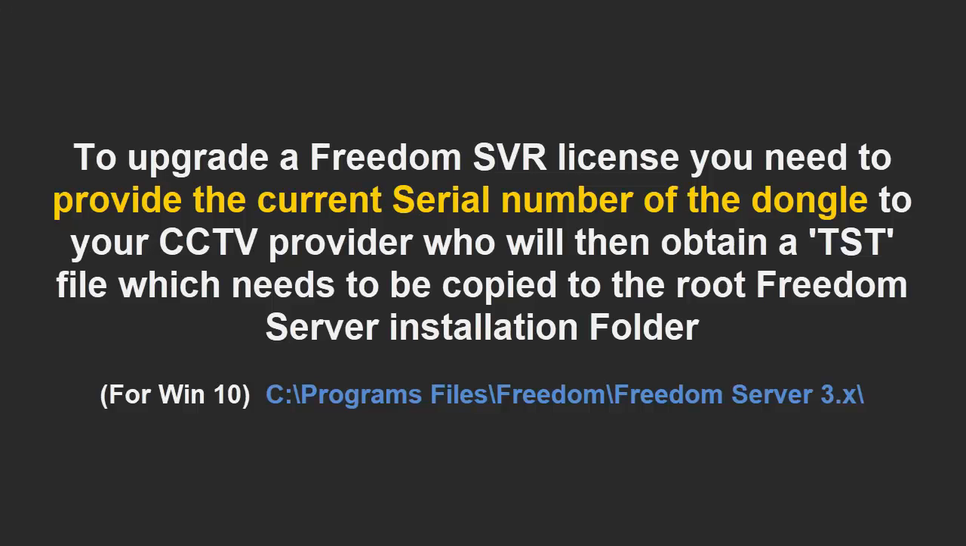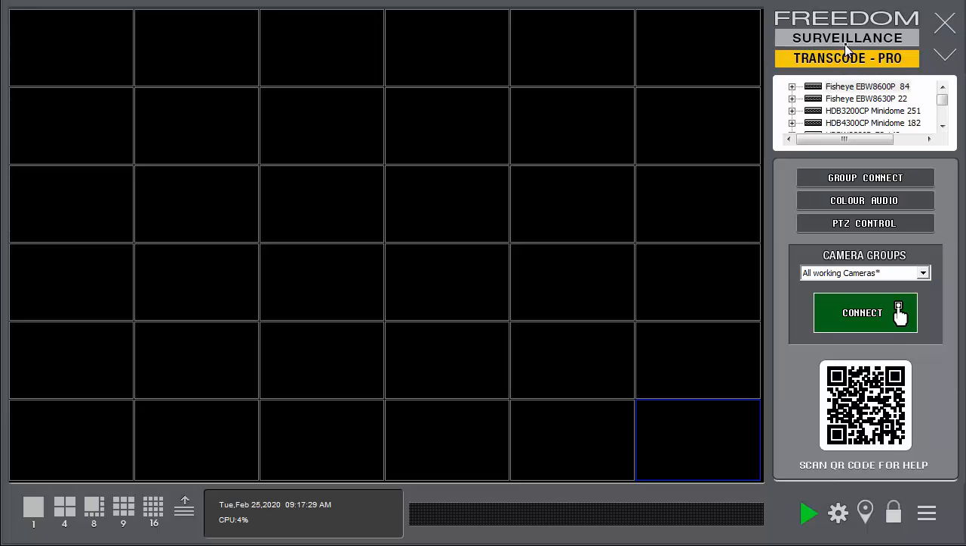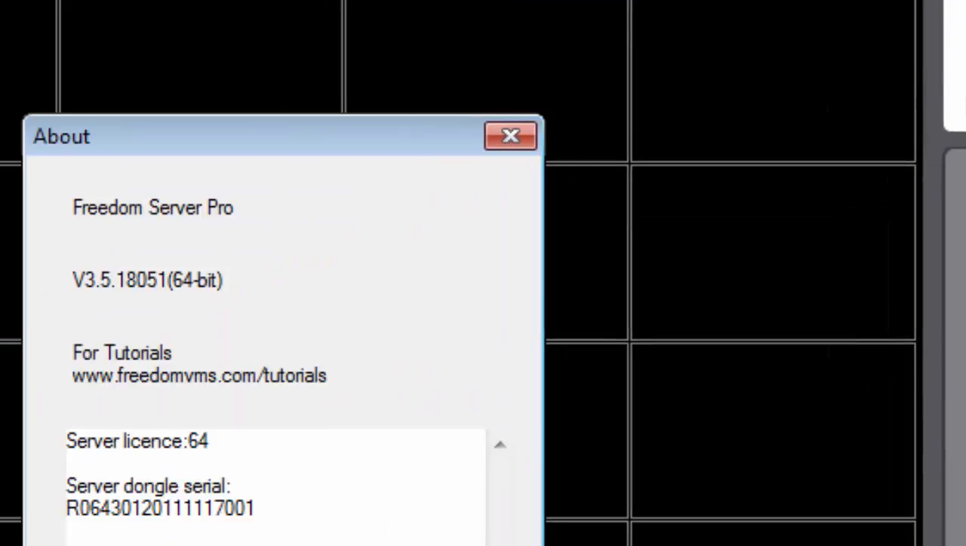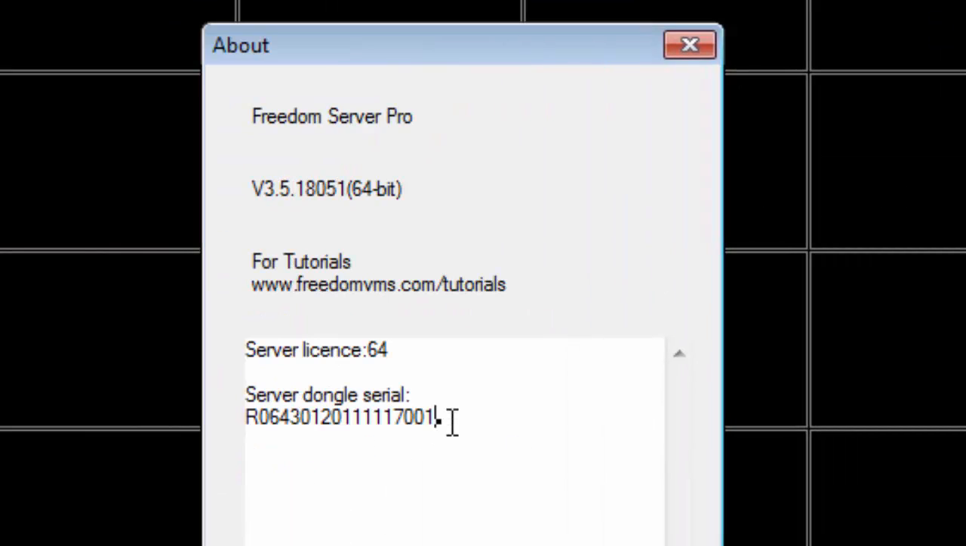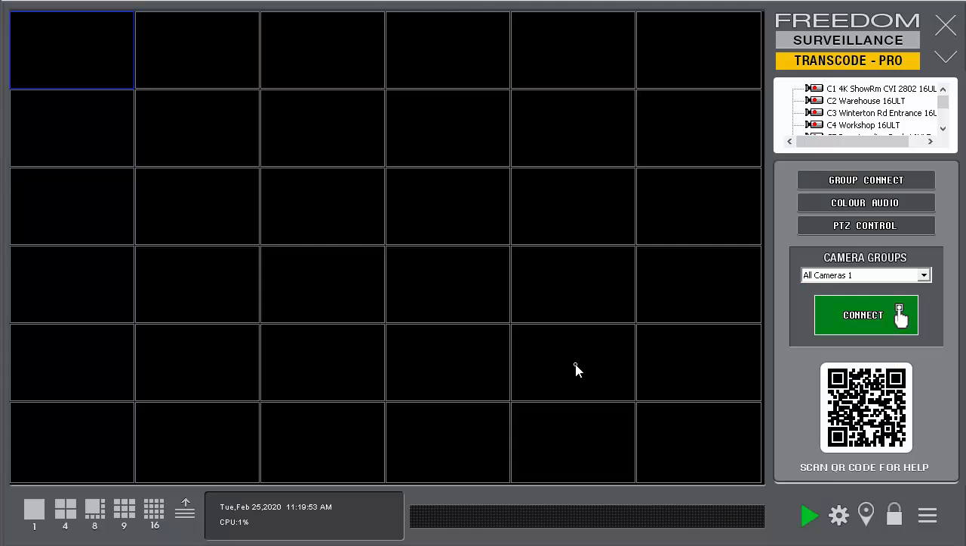Now if I didn't have a spare license, I'd obviously have to obtain a license per camera, and to do that from the live view I can double click on the logo up here, and you need to copy this serial number you see here, and provide that to your CCTV provider to obtain another license, or however many you need. And then you'll be provided with what's called a TST file, and I'll quickly show you how to upgrade the